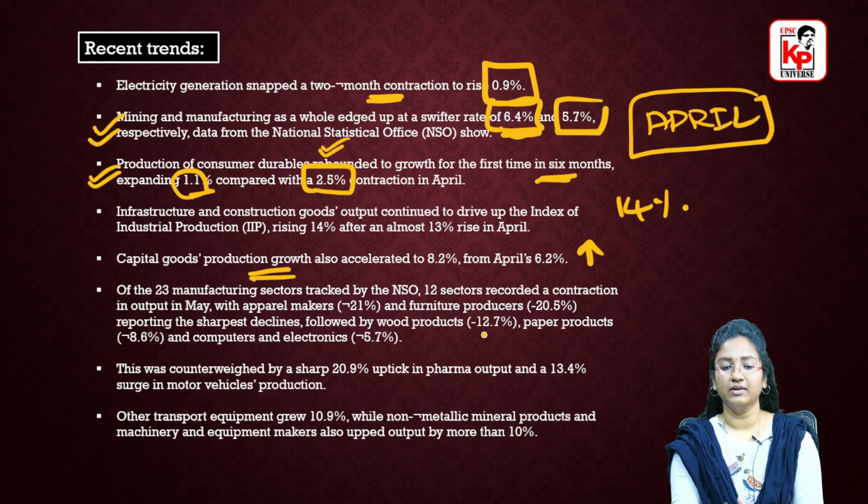Here, no need to remember these percentages. All you have to remember is whether there is a drastic growth in a particular sector or a fall in the production of a particular sector. So you have to remember the overall trend in this particular IIP. What has happened with a particular sector, that is what you have to remember. No need to remember the percentages, do not worry about the numbers. Try to remember the trends, whether it has increased or decreased.